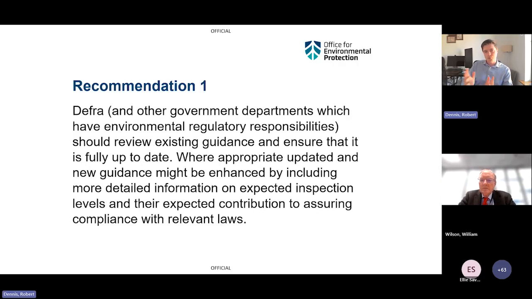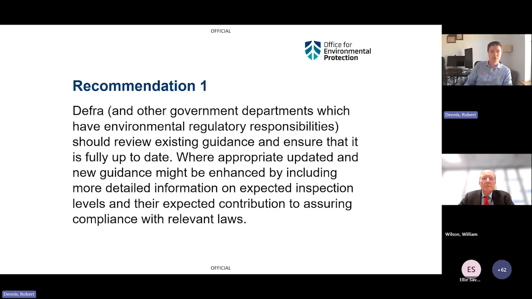So our first recommendation, which falls under guidance. Guidance is of course a good thing. It helps the regulated community and the wider public understand what should be expected. It also helps regulators know what is required of them, and it helps them to plan their environmental inspection tasks. But as Will already suggested with regards to local authorities, we found pretty much across the board that a lot of guidance was not particularly detailed or often quite out of date, and often wasn't a consolidated piece of guidance that regulators could go to. And I think that was a finding that in some senses was mirrored in the Corrie review too.